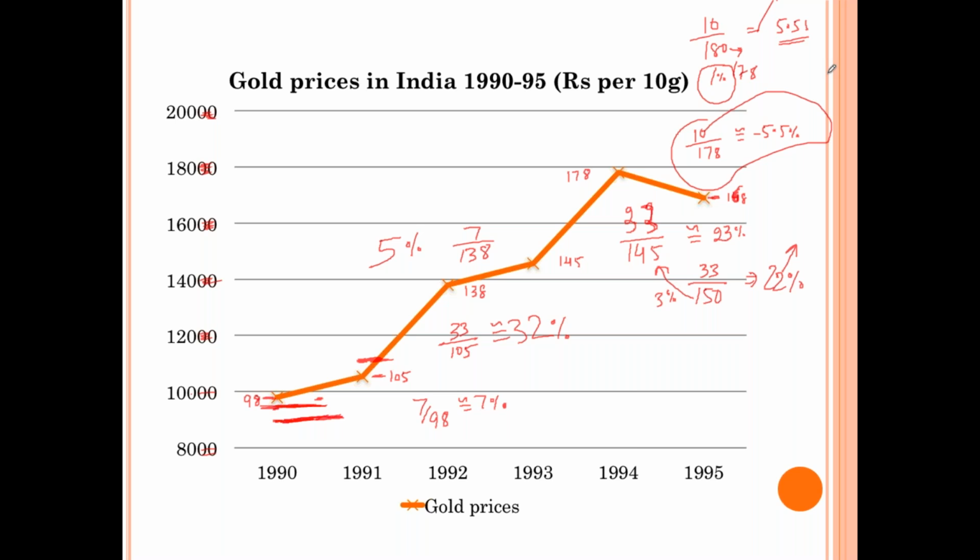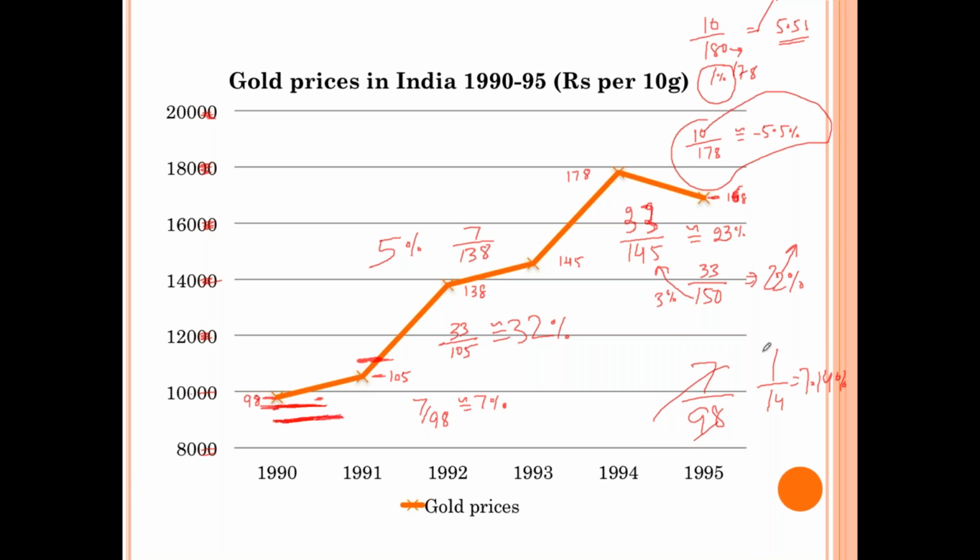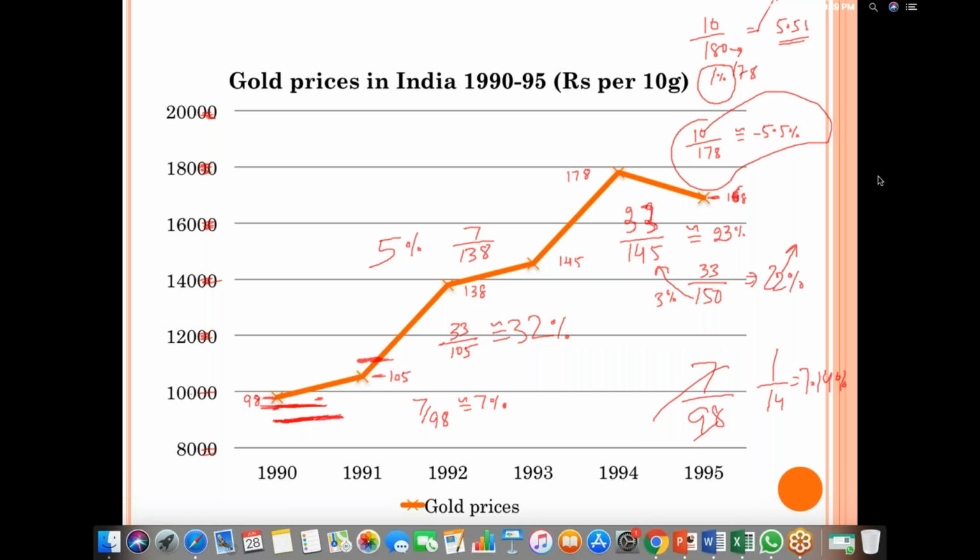7 by 98, no, 7 by 98 will come to this only. See, if it is 7 by 98, I can best cut it as 1 by 14, which is equal to 7.14%, right? 7.14%. 99 would be too close. Actually, if you want to take 99, it is too close. And then it is 103. See, you need to cut it in half, then see what you are getting. Right? Any doubt, any question in this so far?